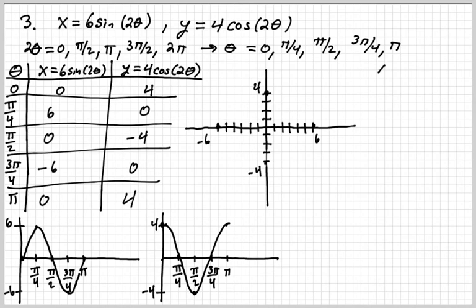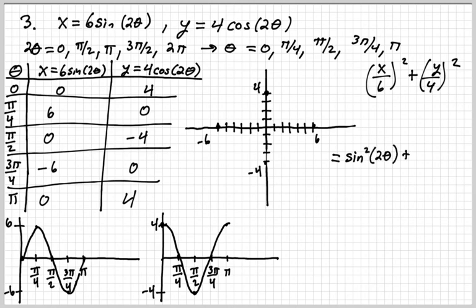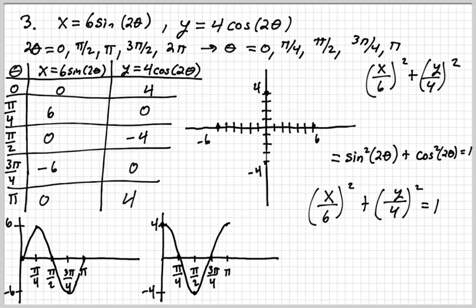Now, if I solve for the sine of 2 theta, I would have x over 6. I'm going to square that, so I get sine squared of 2 theta. And if I solve for the cosine, it would be y divided by 4, and then I'm going to square that. So x over 6 squared plus y over 4 squared is the sine squared of 2 theta plus the cosine squared of 2 theta, and that's our Pythagorean identity, so that's equal to 1. So we have x over 6 squared plus y over 4 squared is equal to 1, and that's an ellipse